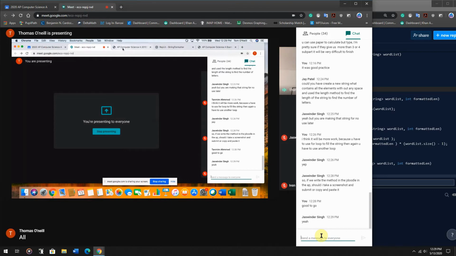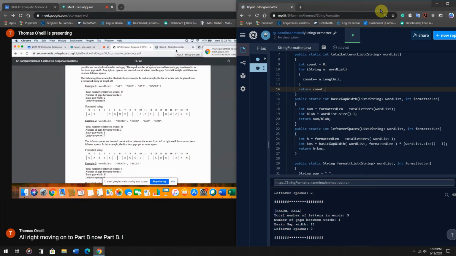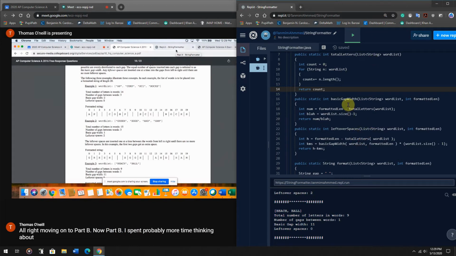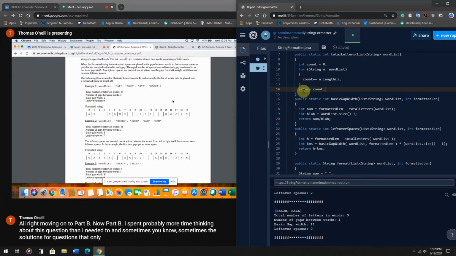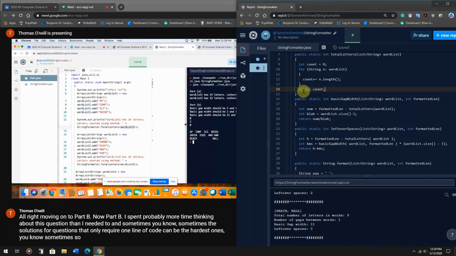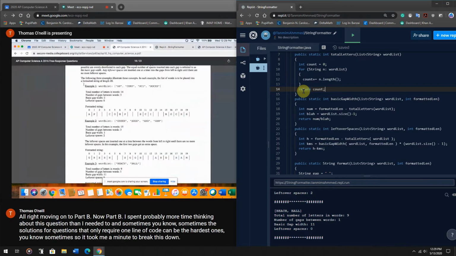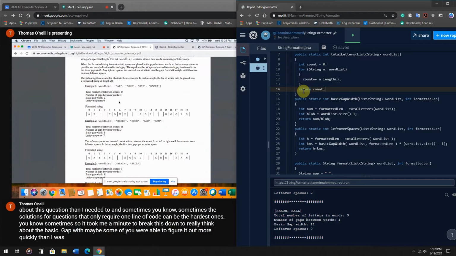All right, moving on to part B. Now, part B, I spent probably more time thinking about this question than I needed to. And sometimes the solutions for questions that only require one line of code can be the hardest ones. So it took me a minute to break this down, to really think about the basic gap width. Maybe some of you were able to figure it out more quickly than I was. But in any case,